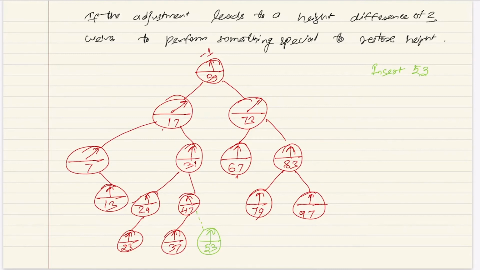But then what is the special thing you have to do in the case of AVL trees? You have to go up the path, follow the pointers up to the root, and see if the balance factor has to change. As we will see, you may not have to traverse up to the root, you may actually stop in between if you find some property. But let's see. So you go up, 47, the balance factor will change, right?